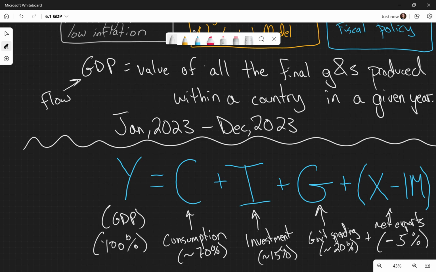So our consumption is about 2/3, a little bit more than 2/3 of the GDP, and it moves very little over time. The business investment hovers around 15%. It increases and declines a bit more than consumption. Government spending is pretty standard, pretty flat, and net exports also pretty flat. So what we can do is, real quick, so